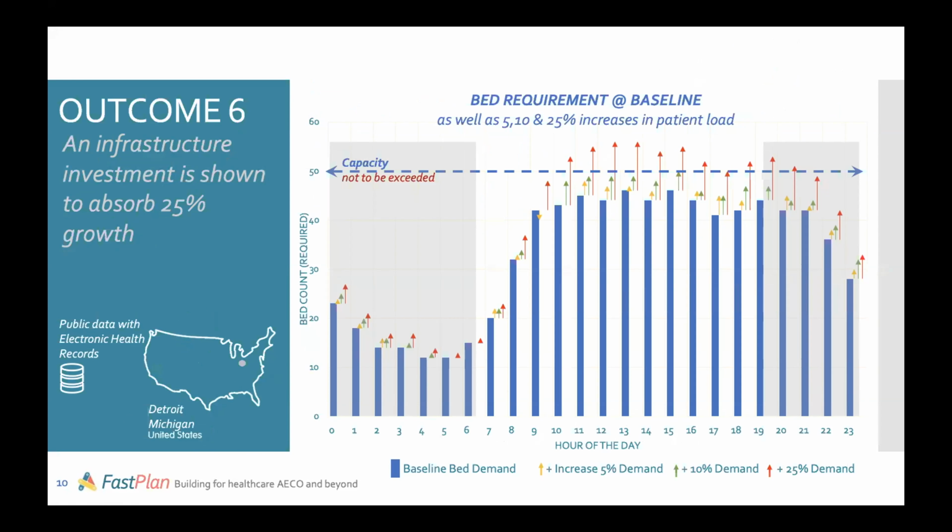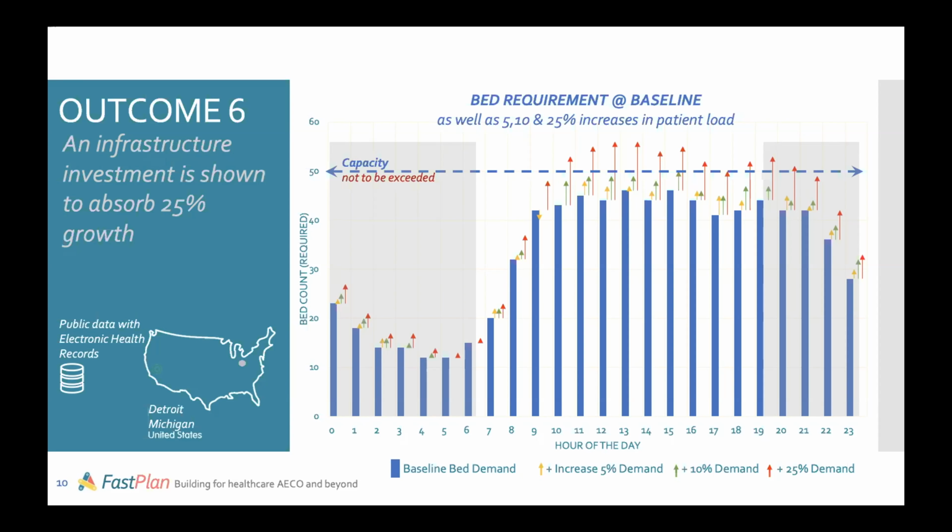So what you see are the arrows up top, and the green, yellow, and red are the different percentages of increase of demand. So as the demand increases, you could see how the capacity, which is around 50 beds, may be more than needed. And this gave the client the confidence that the investment they were going to make in this facility would stand the test of time and be able to grow with an increased demand of 25%, which is unlikely, but